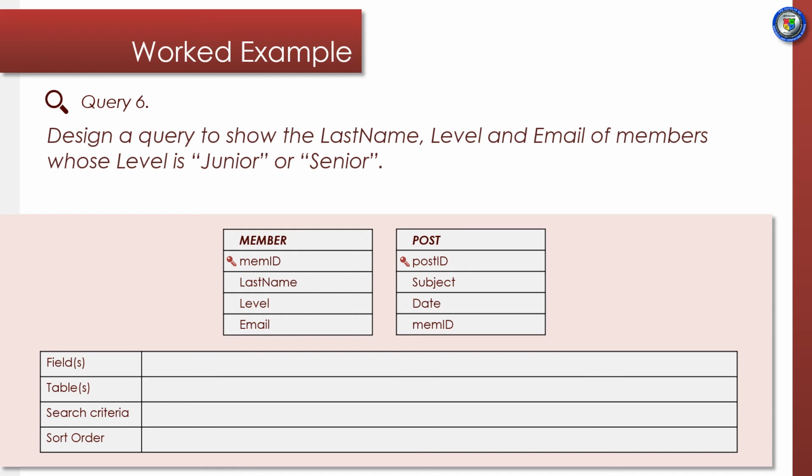Again, the first step is to identify the fields that we want to see or use in our query. In this case, last name, level and email will again be used. Where are these identified from? These can be identified from the members table